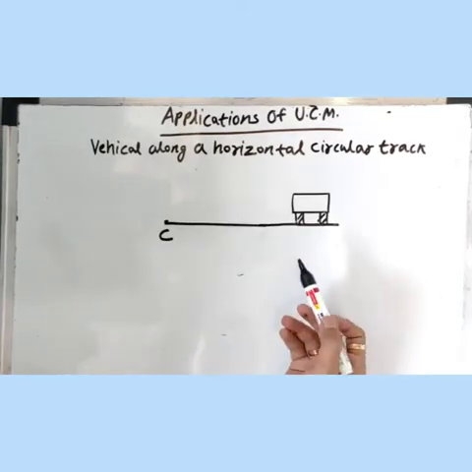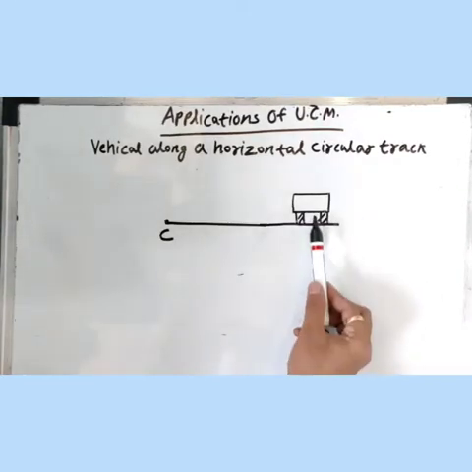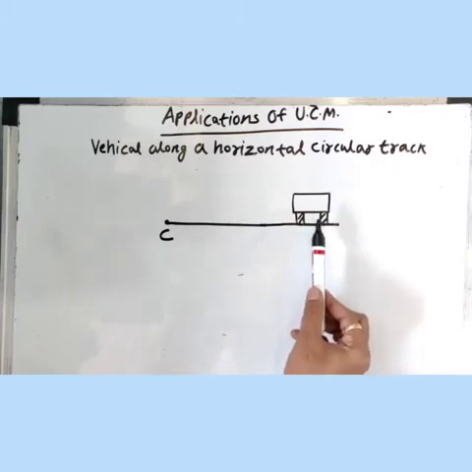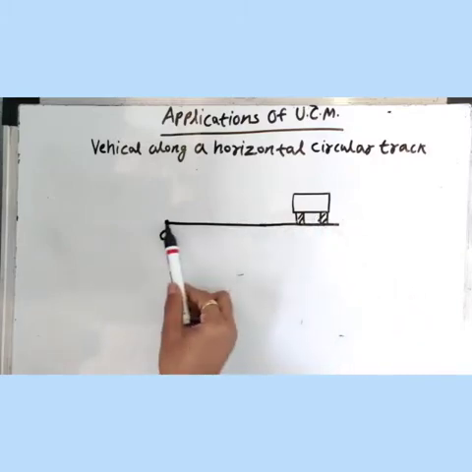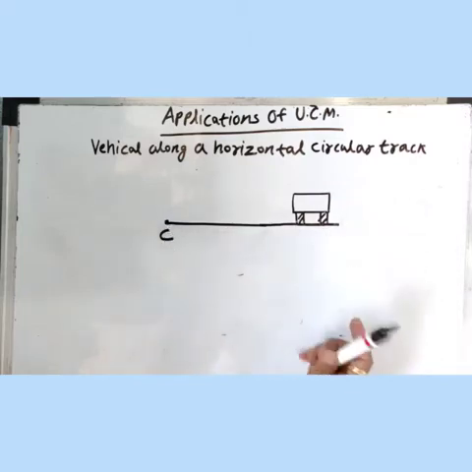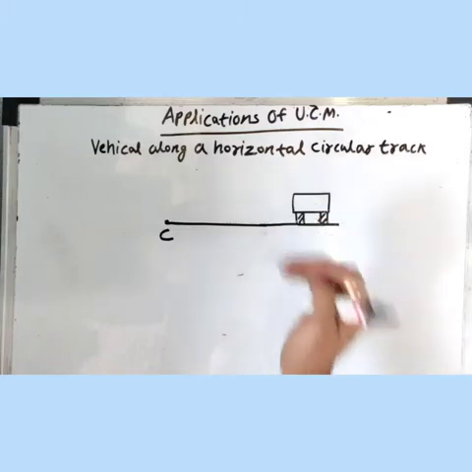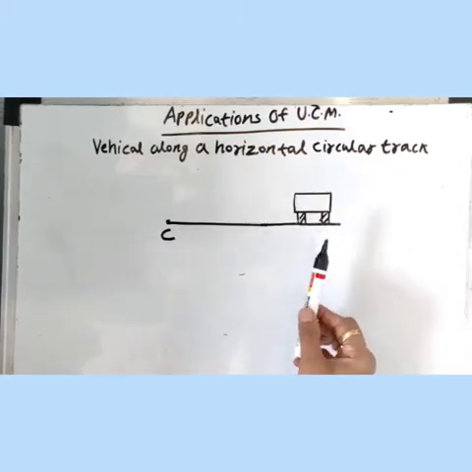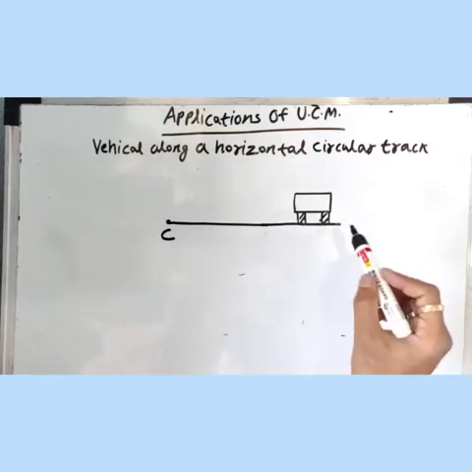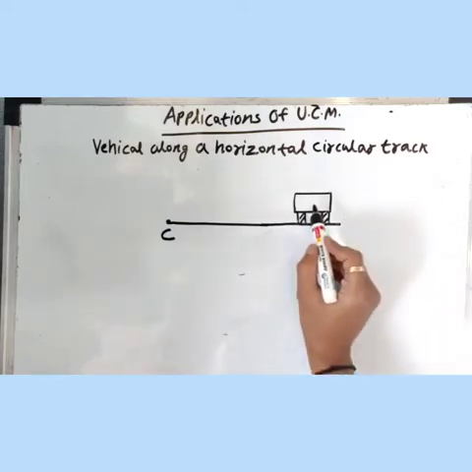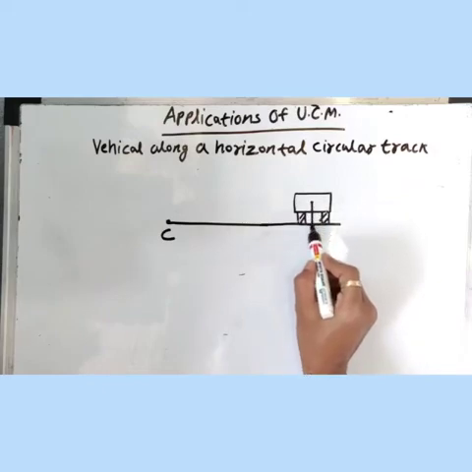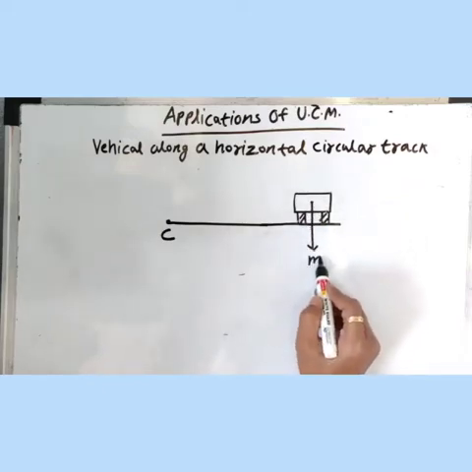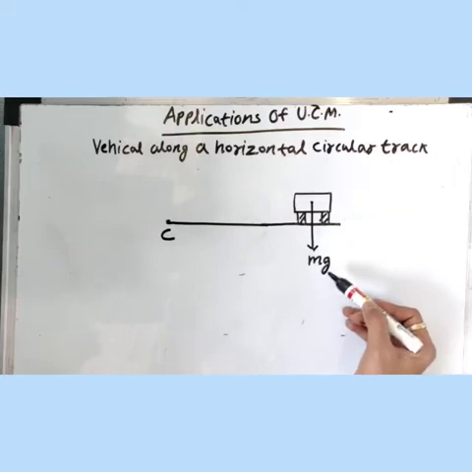Now you can see this is the vertical section of the diagram, where you can see this is the vehicle which is moving along a curved road. This is the center of the circular path, the center of the curved road, and this car is taking a turn towards left. Now when the car is moving along a curved horizontal road, the forces acting on the car are: the very first force is its weight mg, which is going to be acting vertically downward from the center of mass.